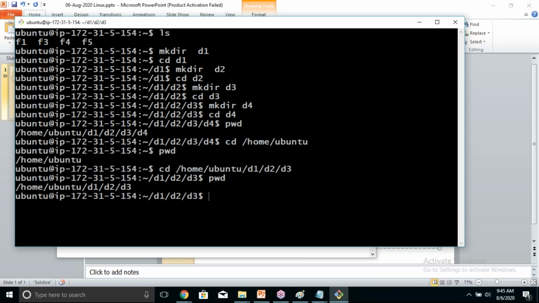So Ramesh, now we are familiar with moving between directories and going to the required path, whichever you want to work in. Am I clear? We know how to create files, remove files, create directories, remove directories, and you are in a position to go to the required path by using the change directory command.